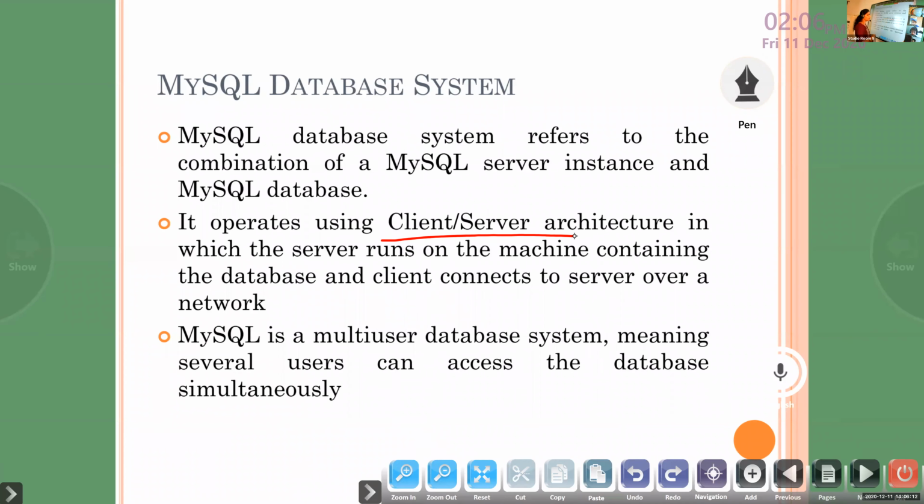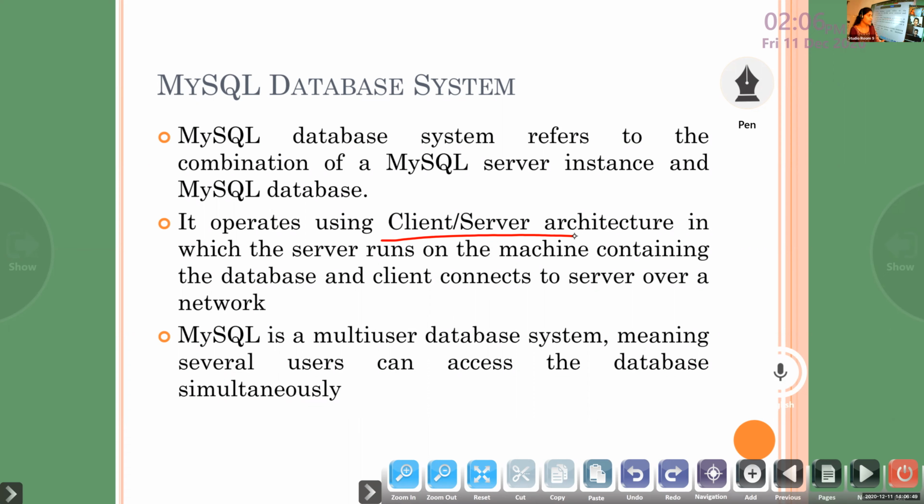Client server architecture. What is a client server architecture? Who's a client? Who's requesting the information? That is client software. A server is what serves the request. When you try to access something, you give the request through the client. You can say that your internet browser is a client. Your browser's Instagram page is client software. Through the client software, you interact, you enter your queries, you ask the questions, and you will get the result from the server.